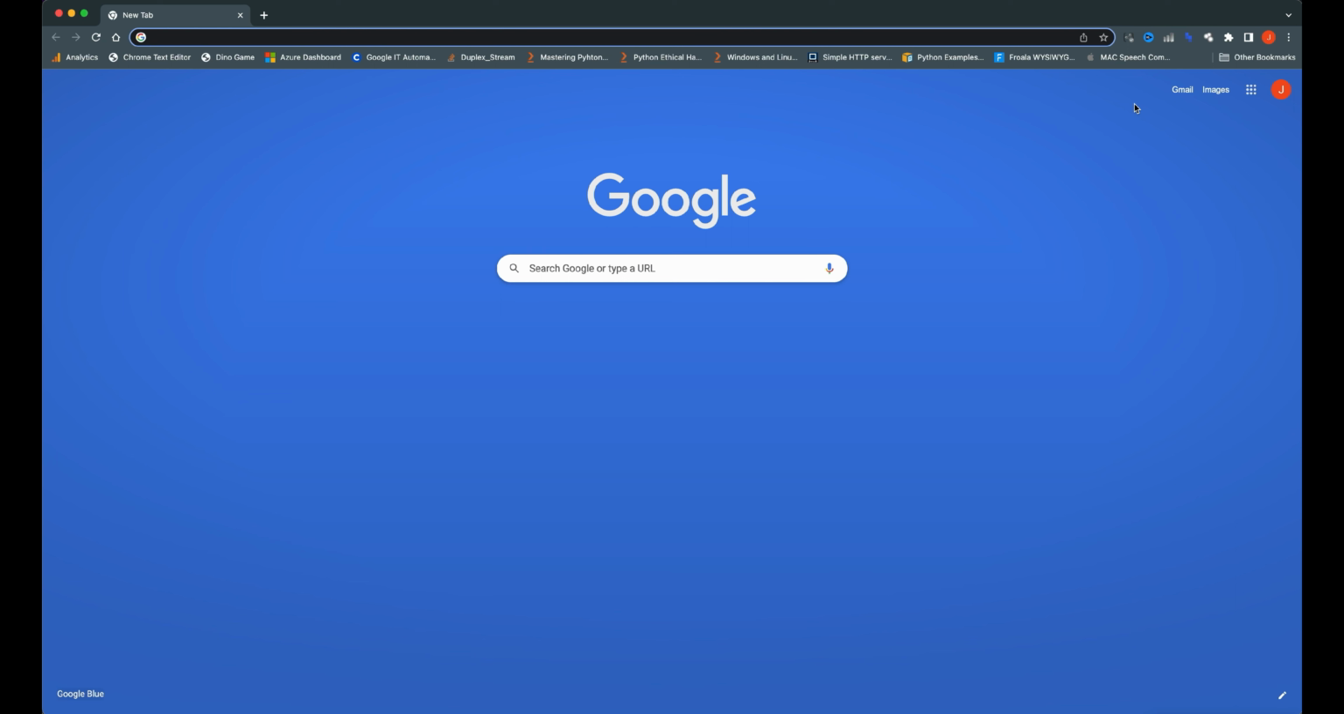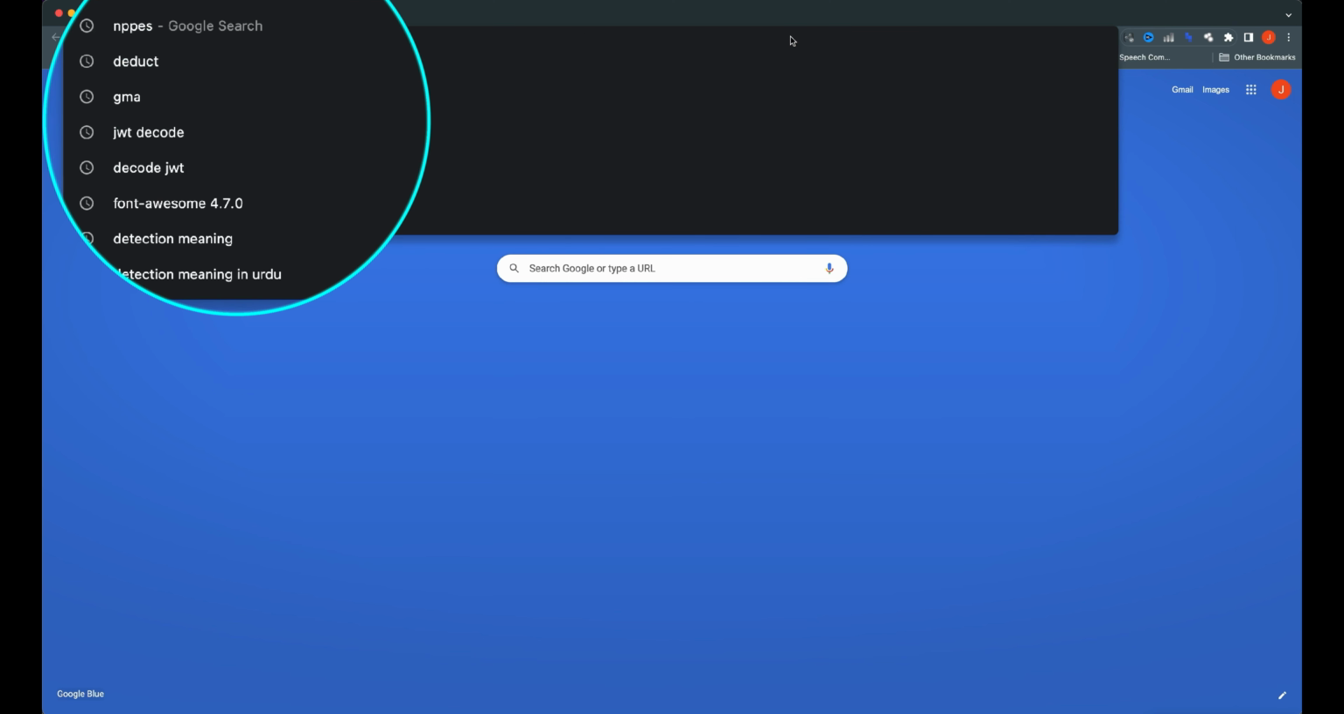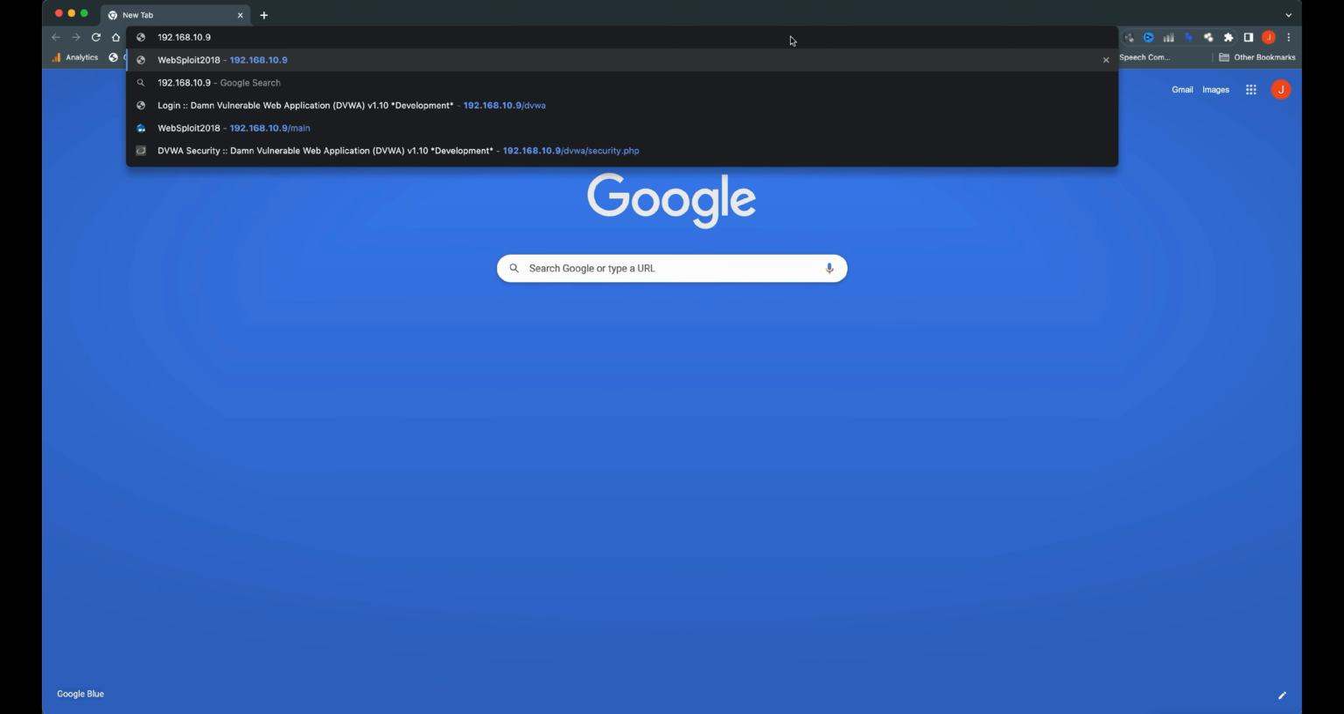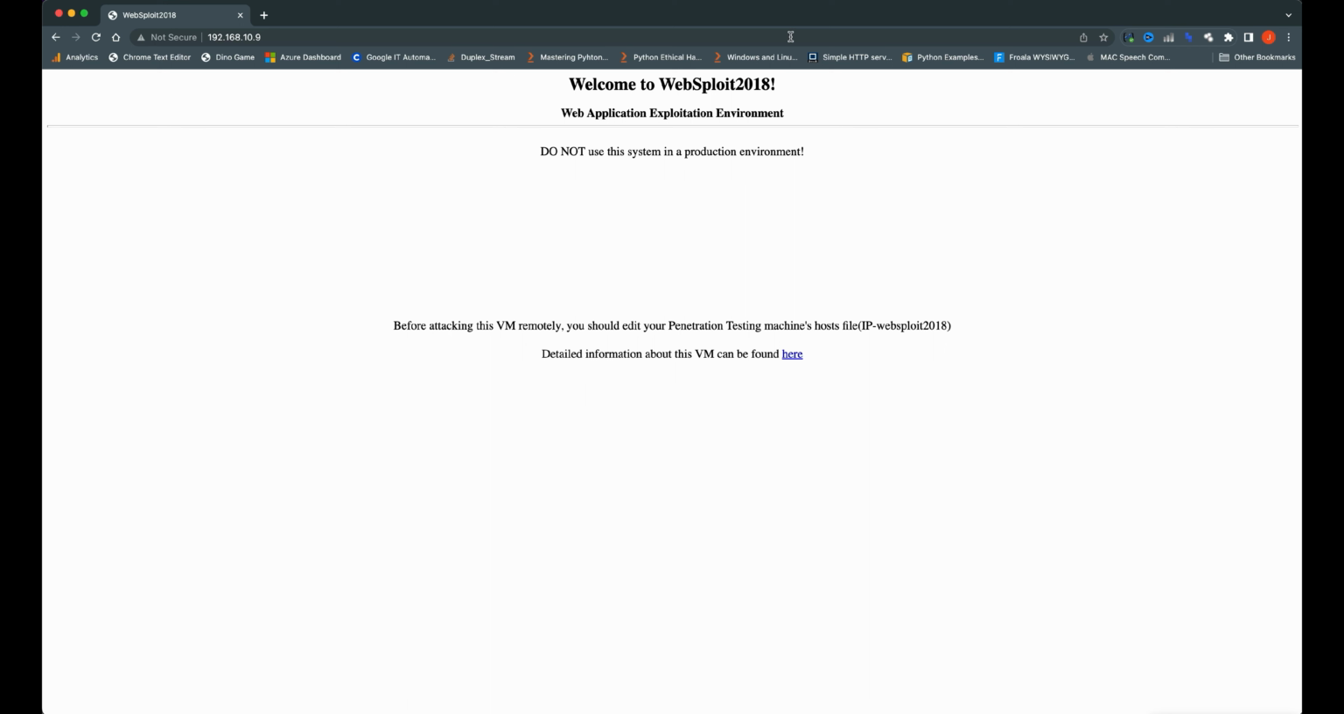So now we are back to the Chrome browser and let's try to access our VM here. So we'll type 192.168.10.9. Then we'll press enter. अब ये VM का जो मेन पेज है वो हमें नजर आ रहा है, but this is not the main